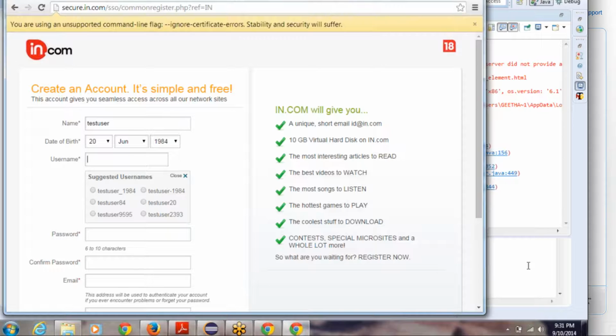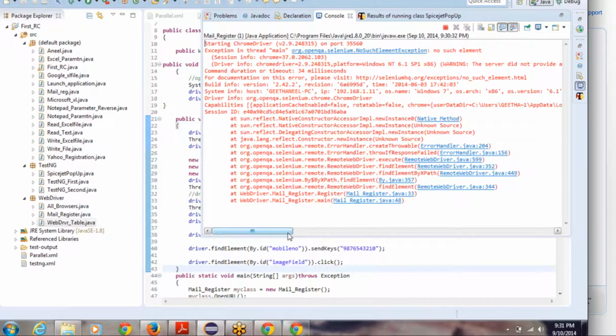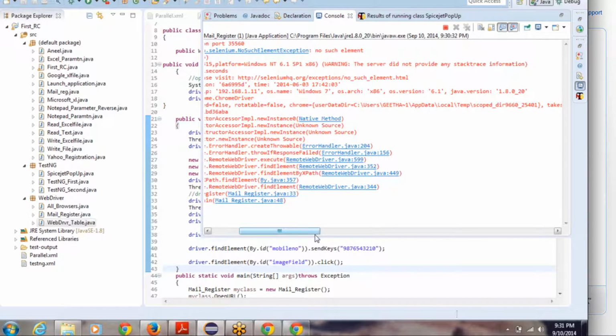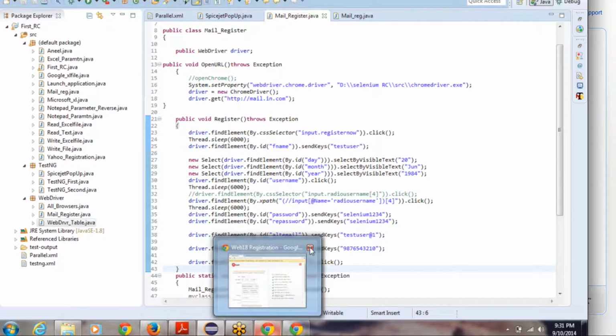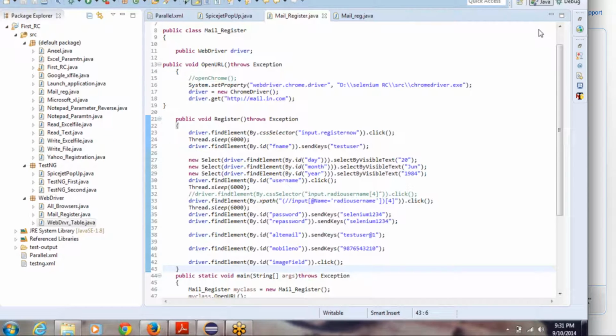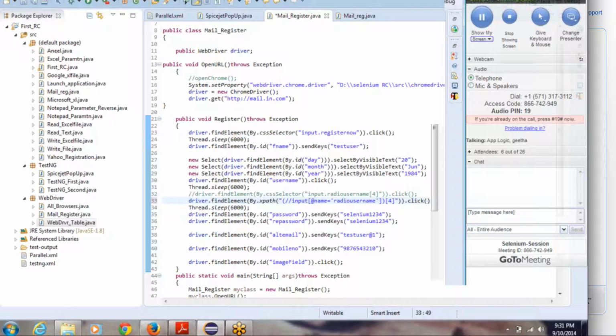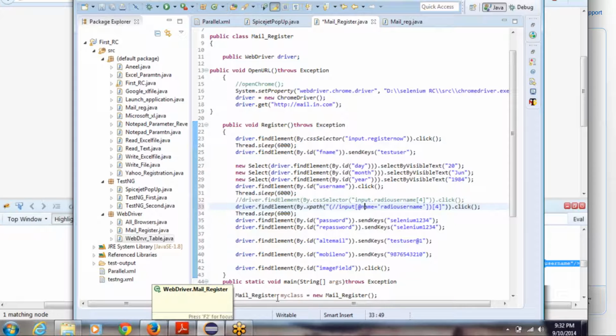Come back to correction. Okay, close all your browsers. Close Chrome and everything. Give me mouse control once. I've given it, Mahesh. Yeah, I got it. Name is small. Dot name is